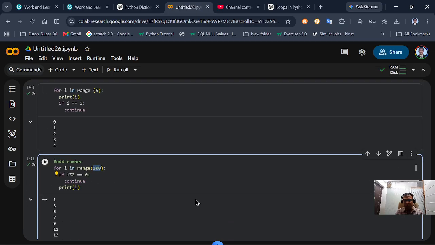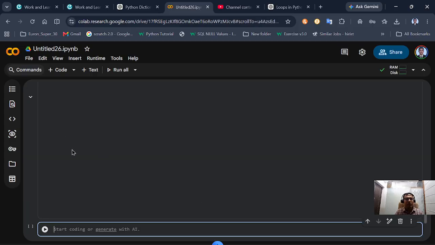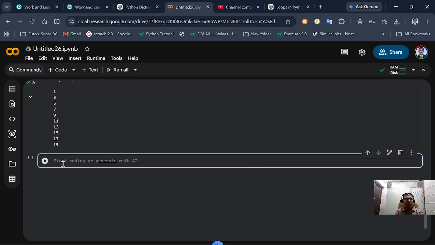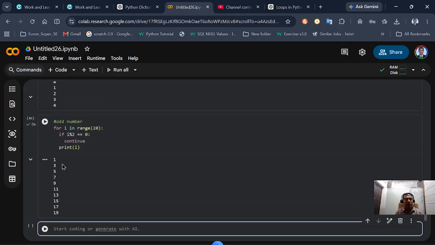If I am doing it for say 20 numbers, I can do it for 20 numbers as well so easily. So that is how continue can be used. And there is one more statement, that is pass. So I'll say for I in